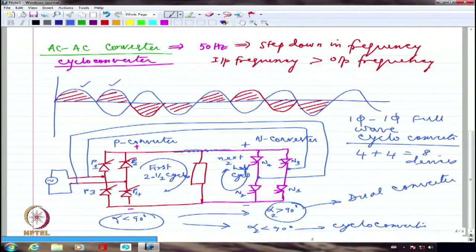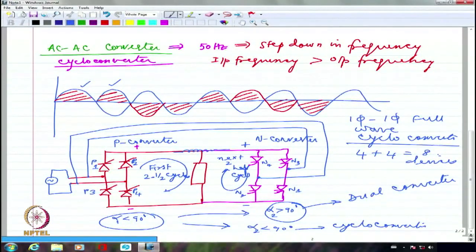But the moment you use forced commutation, the entire thing will become very, very complex. So generally, we do not use SCR based cycloconverters for increasing the frequency, because if you want to increase the frequency, you necessarily need to put forced commutation circuits. You have to turn off the devices somewhere in between. Let us try to take a look at a 3-phase